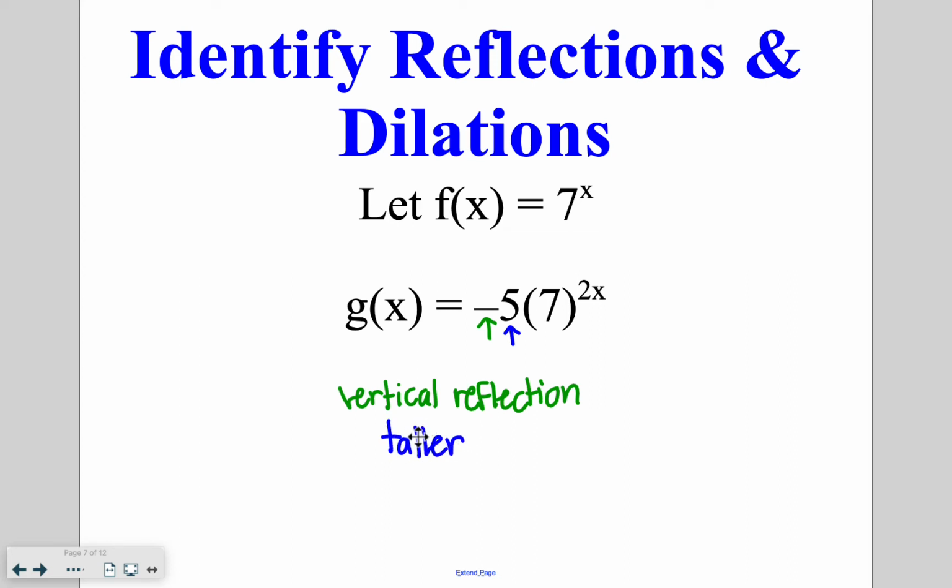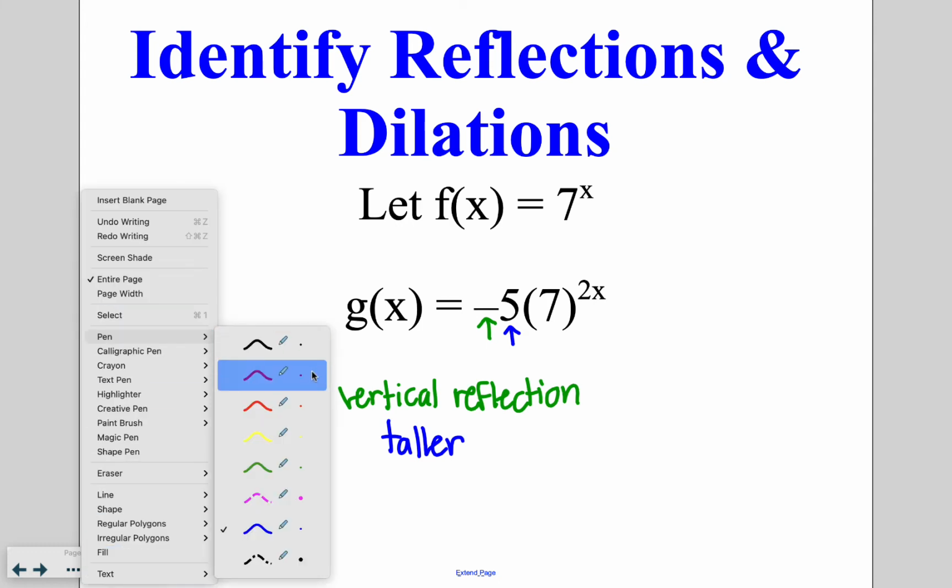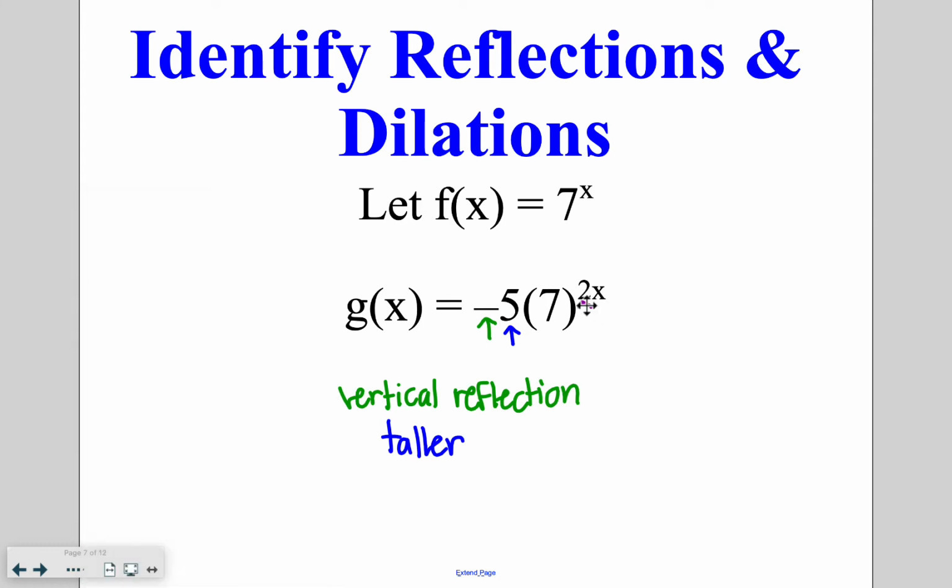I will accept if you write vertical stretch. I will accept if you write taller. The last piece in the back, I have that bonus multiplication of 2 in my exponent. Because of that, that means that my graph is going to be getting narrower. You could also write horizontal compression to indicate that 2. So again, the negative is the vertical reflection, the 5 makes it taller, and the 2 makes it narrower than